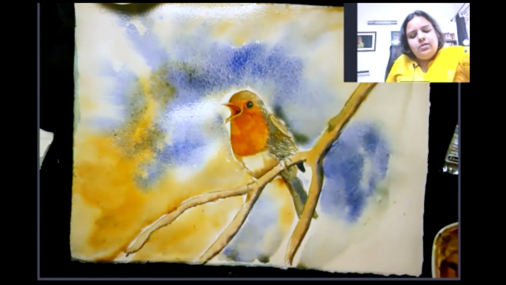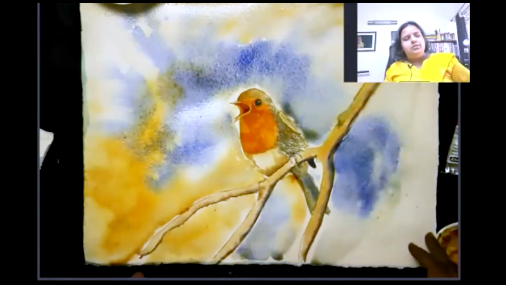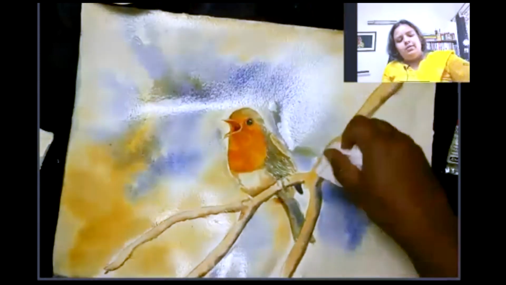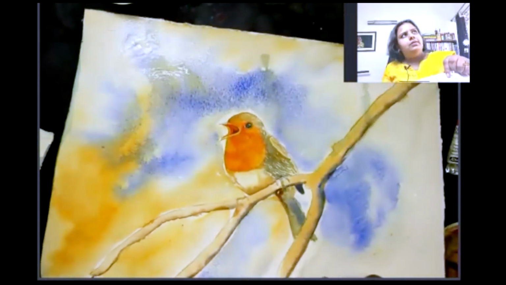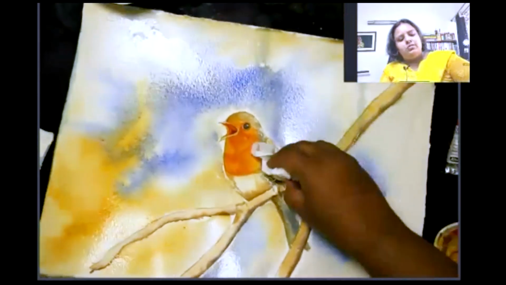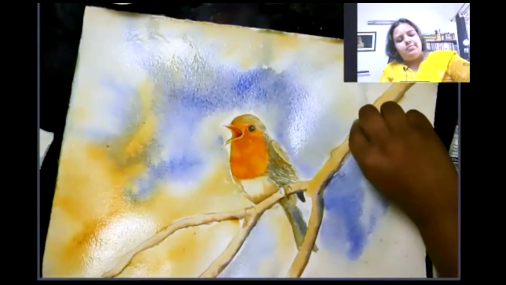I will just see if there are water puddles sitting in my background. So like this, there is a water puddle. I can tilt my paper and let the water flow down towards the edge. But some of the color may go over the bird.